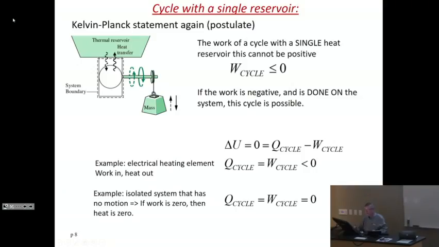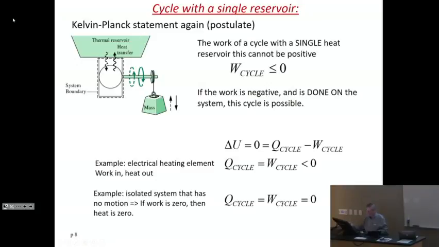So let's take a look at these cycles, and let's revisit the Planck formulation for the second principle. The Planck formulation tells you that the work of a cycle with a single heat reservoir cannot be positive. So you can, if you want, unroll this mass and let it come down and make that system do work on your system, which will then create heat. That is permitted. This was actually the Watt experiment. But the reverse is not true. You cannot take heat from just this reservoir to do work on this shaft to pull this mass up. So the dashed line is forbidden, the black line is allowed.